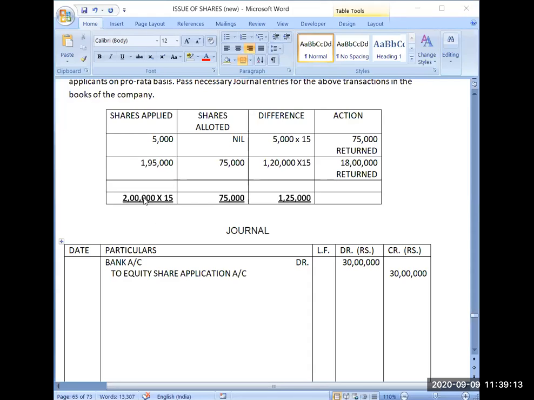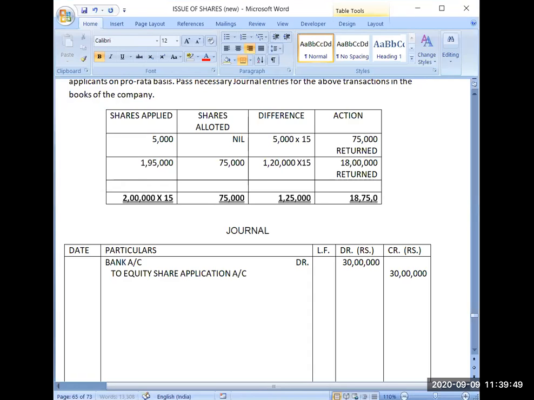So in the morning we have discussed how to prepare this table, and we have done the first journal entry also. And we have discussed the procedure how to determine the excess money first, and then how to decide what action I should take for this excess money. Because I have collected all the amount, whatever is payable with application only, nothing is payable after the application money. So that's why whatever money I have left with, that I have to return. So total amount which I have to return is